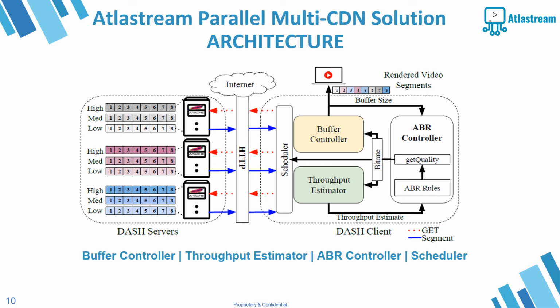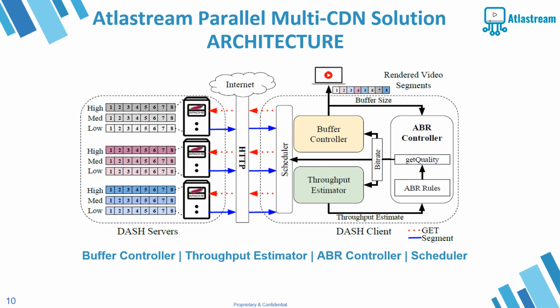This figure shows the player structure and the required modifications. It consists of four main entities. The first one is the player controller that monitors the playback buffer occupancy. The second is the throughput estimator, which considers the last throughput from the individual server as its predicted future value of the throughput. The ABR controller uses a queue-based model to decide the bitrate level for the next segment to be downloaded. Finally, the scheduler controller requests and downloads the segments from the appropriate server.